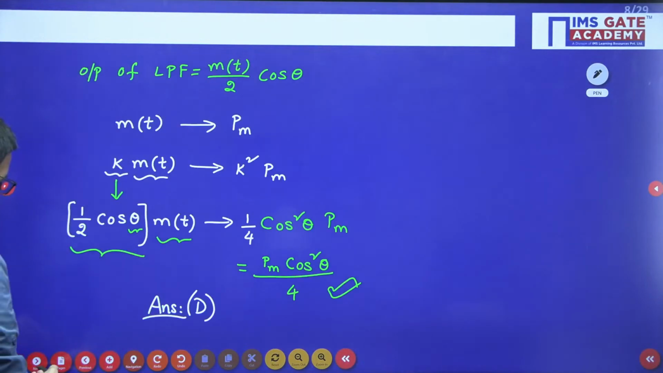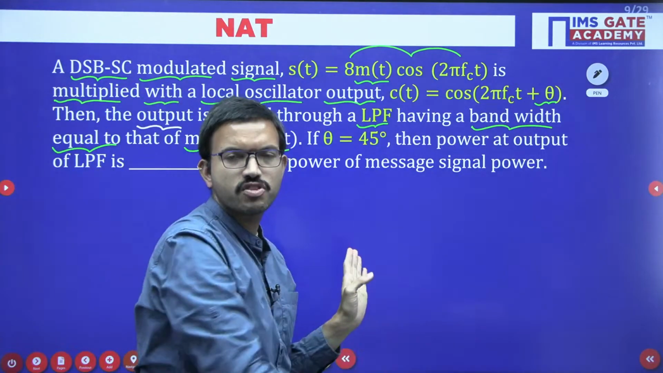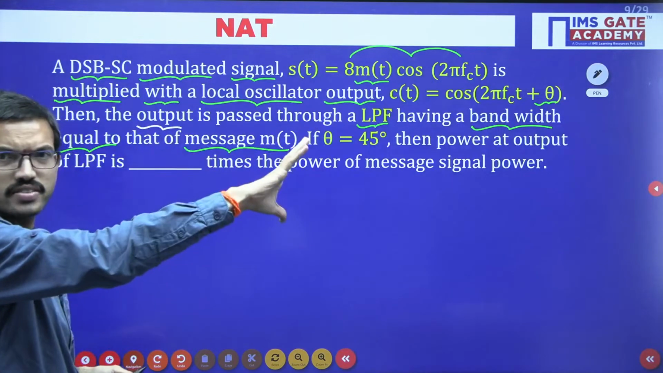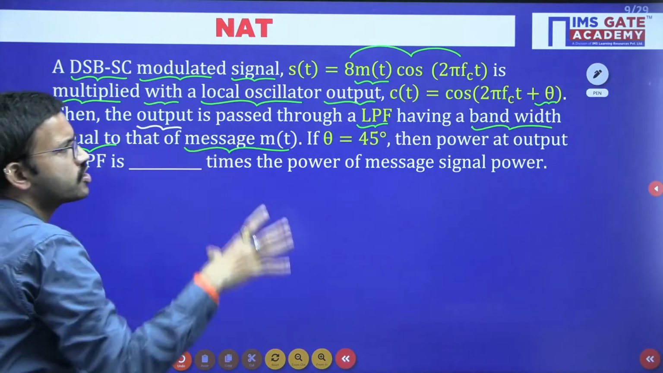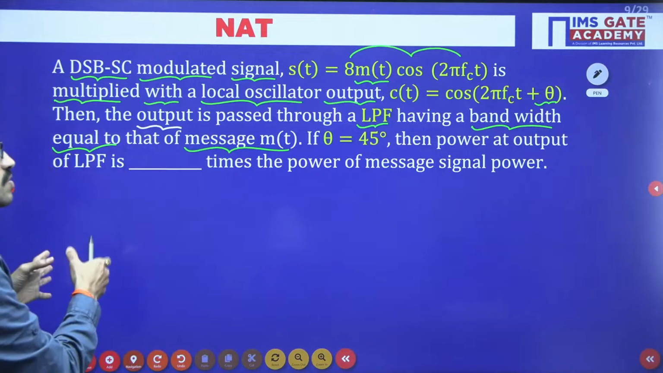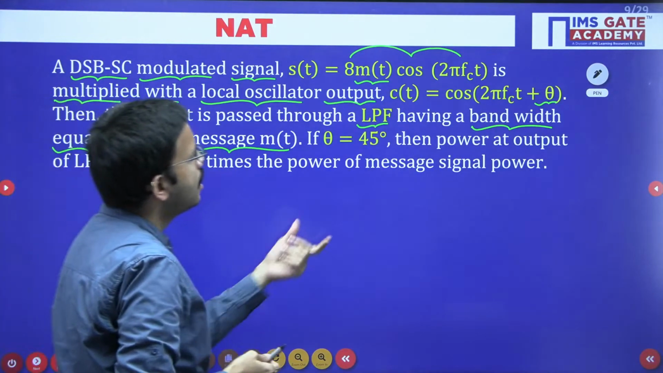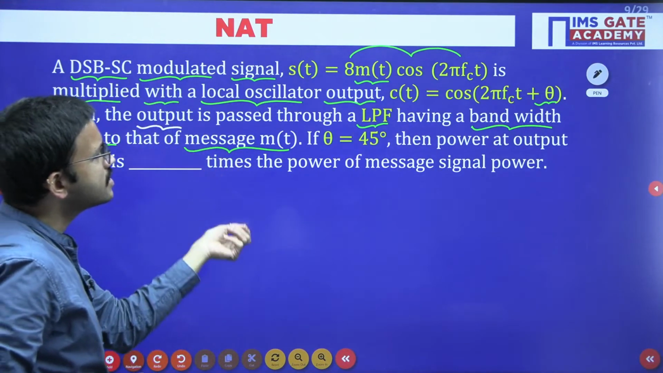Now just see this question, without mentioning the diagram, they have given the same or similar sentences. But if, after reading this question, you want to draw the block diagram, similar to the block diagram that we discussed in the last question, you will get the same one. And here they have mentioned the low pass filter cutoff frequency as the bandwidth of the message signal, that is nothing but